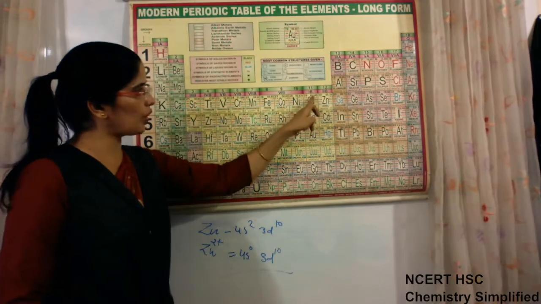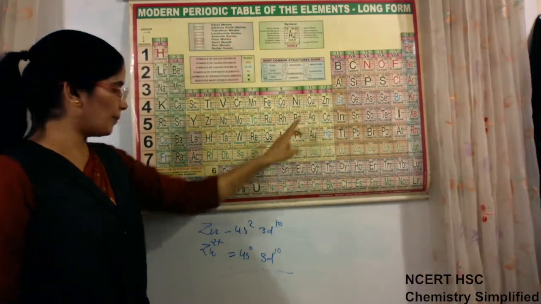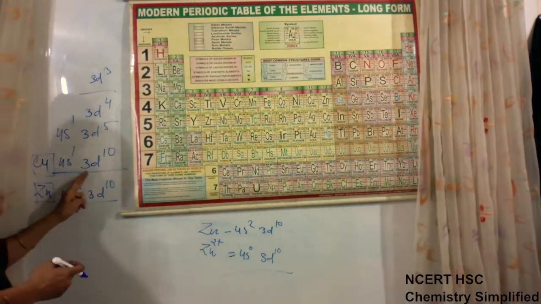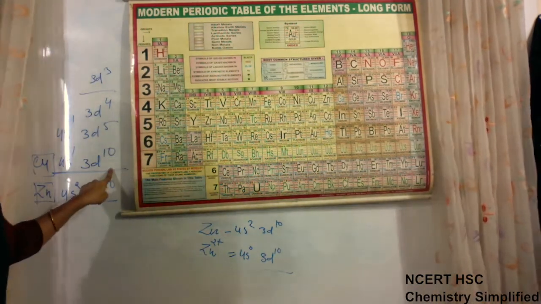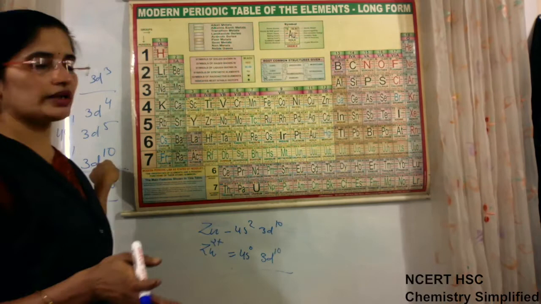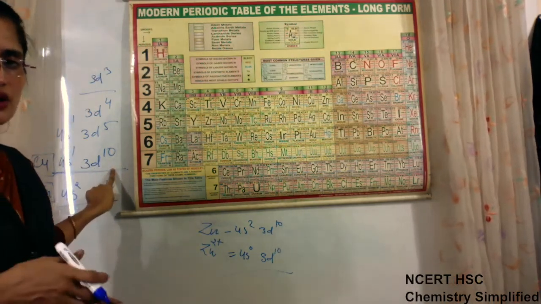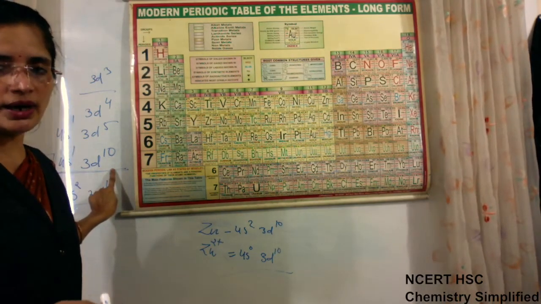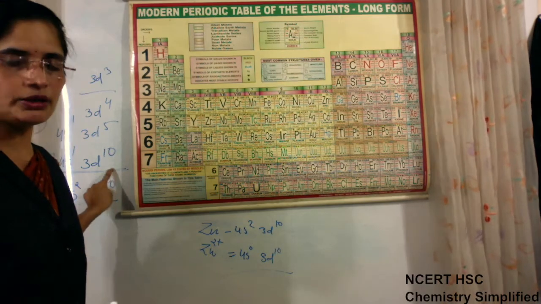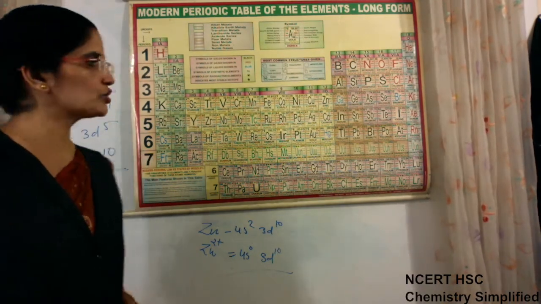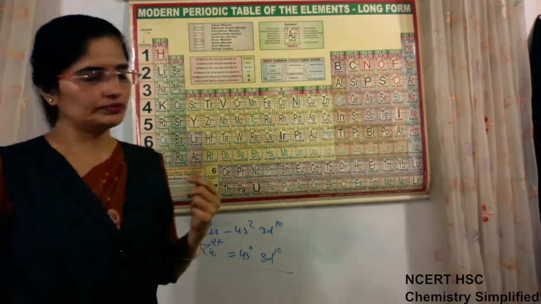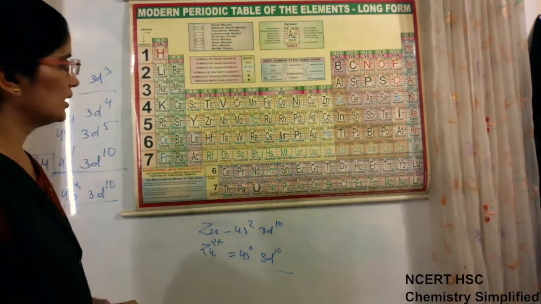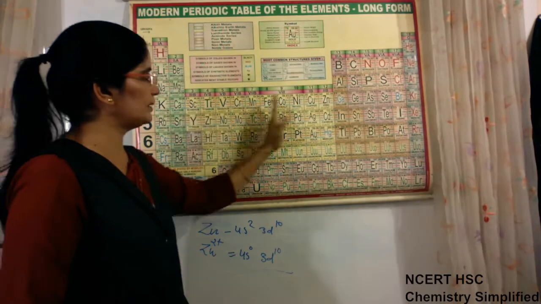Rest all, copper, silver, gold. Copper, if you see in the normal state, you will be confused that copper is 4s1 3d10, so it is also not transition. But we talked that according to definition, if even in its oxidation state it is showing incompletely filled d orbital, then it can be called a transition element. So we can call it. Okay. So this is about the d block element.